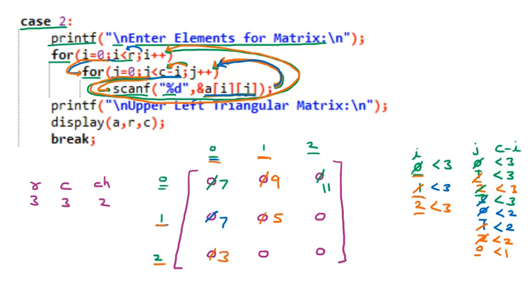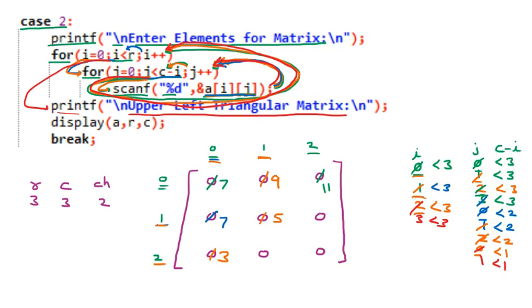So for 2 0, it is going to take the input, let us suppose 3. Again j will be incremented afterward. So here j is 1, 1 less than 1, false, condition false, coming back. I incremented, I is 3, 3 less than 3, false, so coming outside. So it is printing on the user screen upper left triangular matrices.